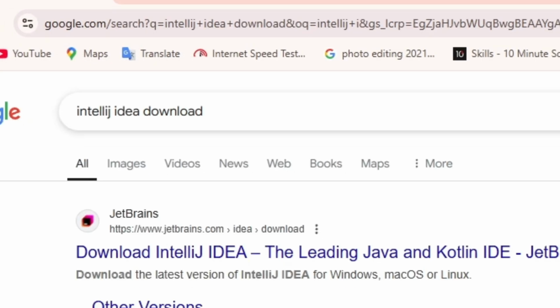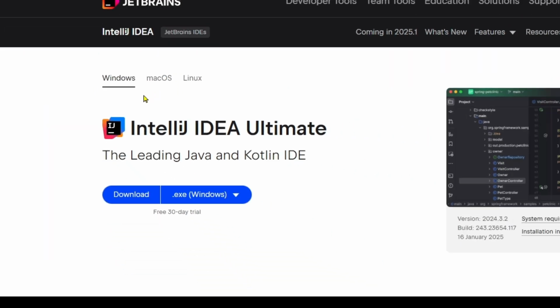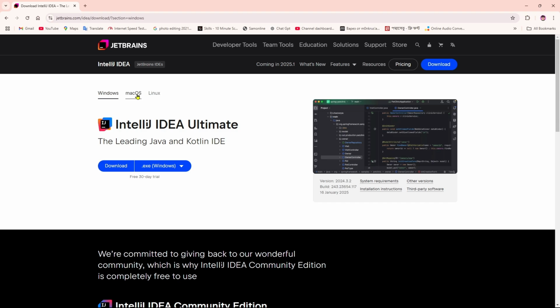If you click on that, you will get the jetbrains.com website, and then you will get this option over here called Download IntelliJ IDEA. If you click on that, from here you can choose different operating systems. If you want to go for macOS or Linux, you can do it as well, and you can select the Windows option over here. Then you can see the IntelliJ IDEA Ultimate option over here,